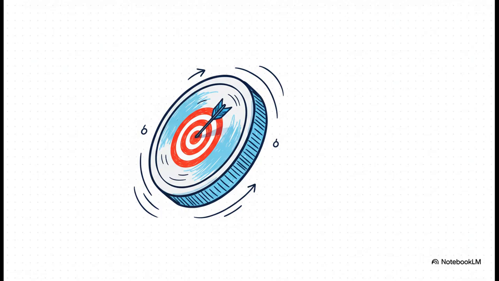So let's put it all together. The best way to think about it is like firing arrows at a target. The expected value is the bullseye. It's your best guess, the center you're aiming for. But the variance is the measure of how your arrows actually scatter around that bullseye. It tells you the risk, the uncertainty, the wobble. You absolutely need both to understand the full picture.